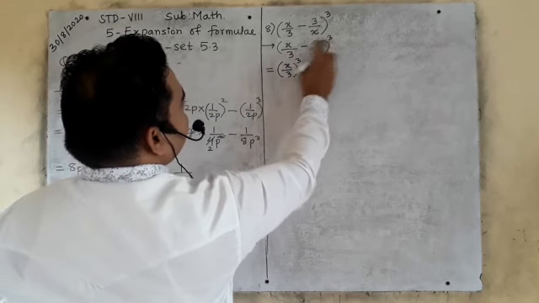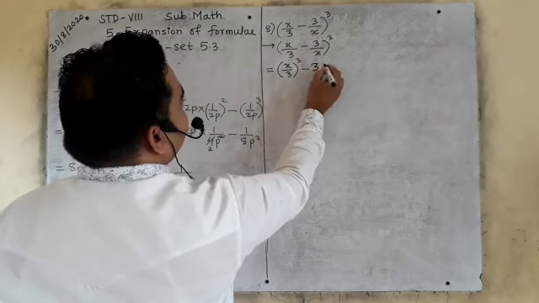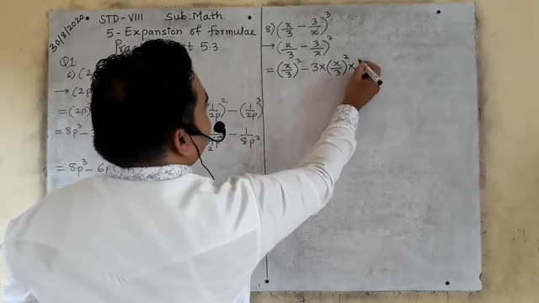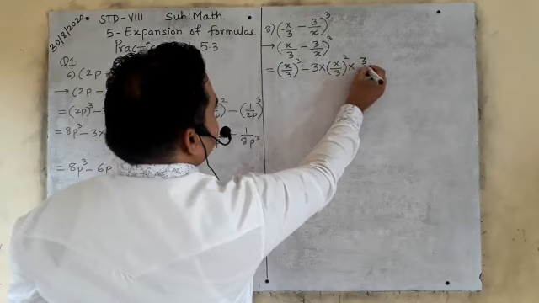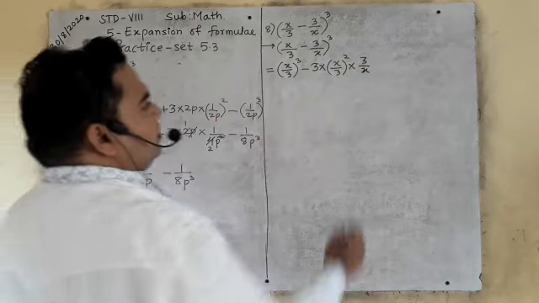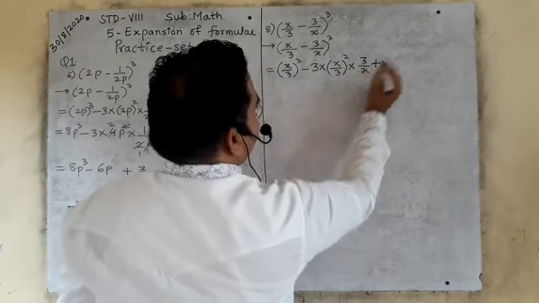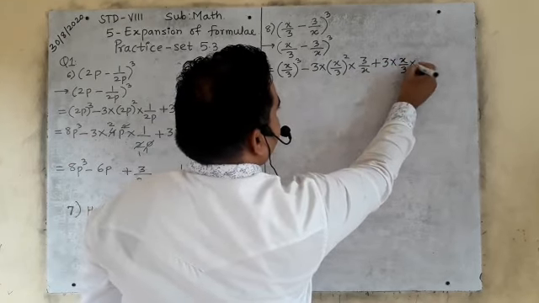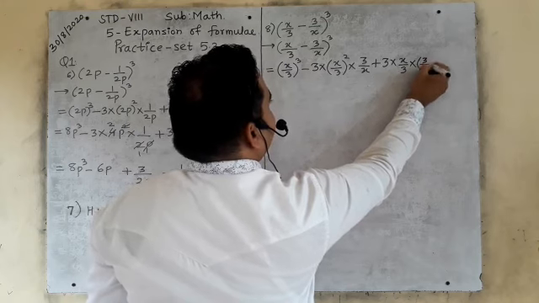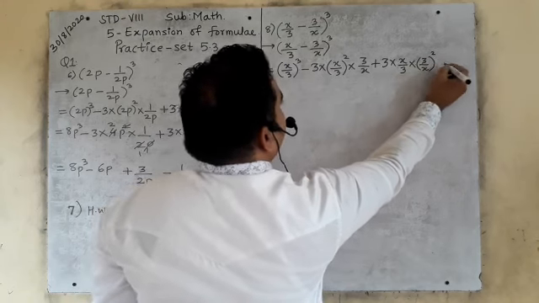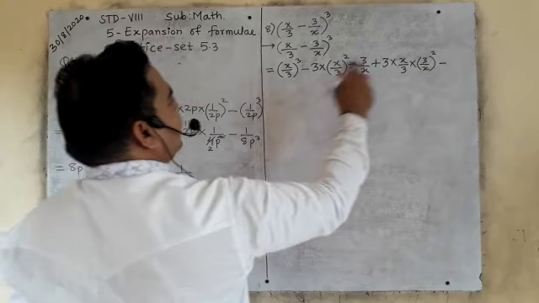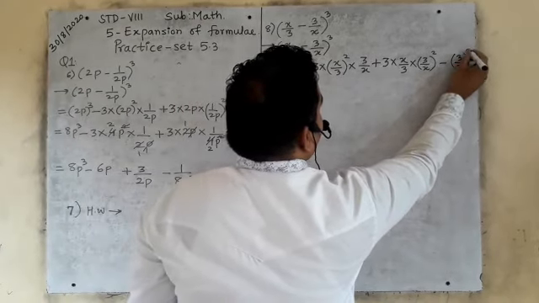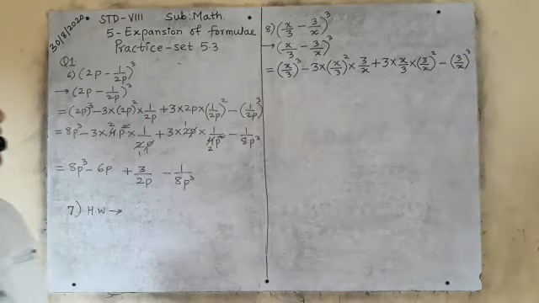Sign minus. Give this cube to both the terms in the multiplication form, but the first term will carry the square. Multiply by second term. The second term is 3 upon x. Okay, then you will write here plus. The same you will copy, 3 multiplied by x upon 3, but here second term will carry the square. Okay, minus, beginning minus, at the end also minus. So cube of 3 upon x, second term's cube. Is it clear? It is very easy.